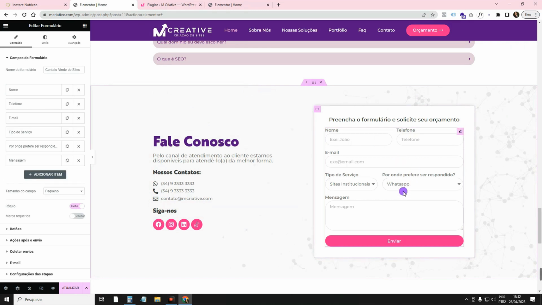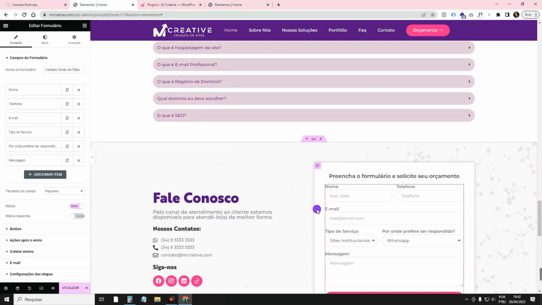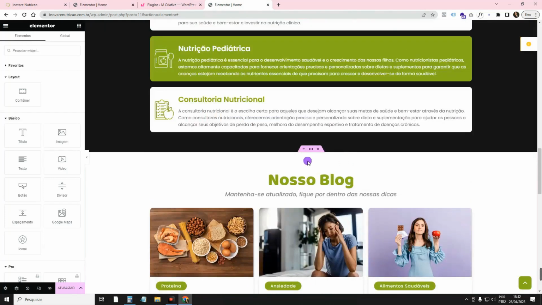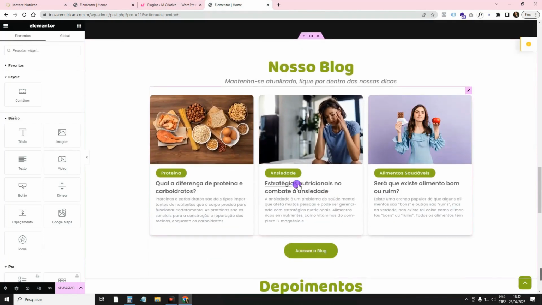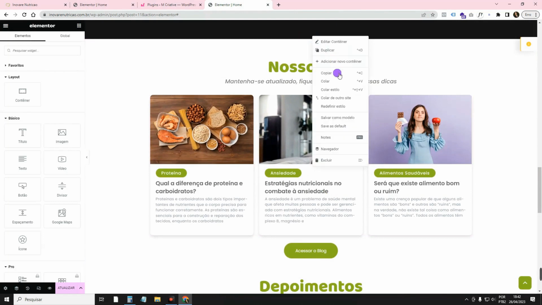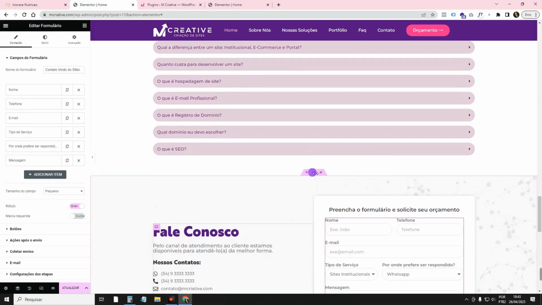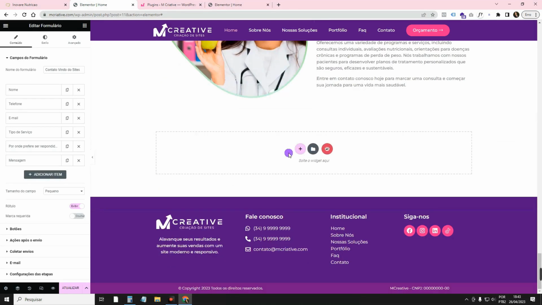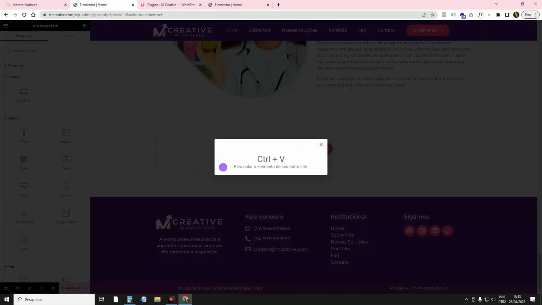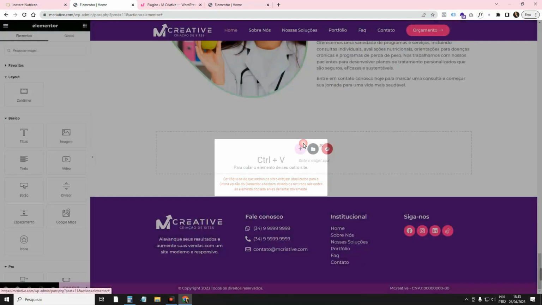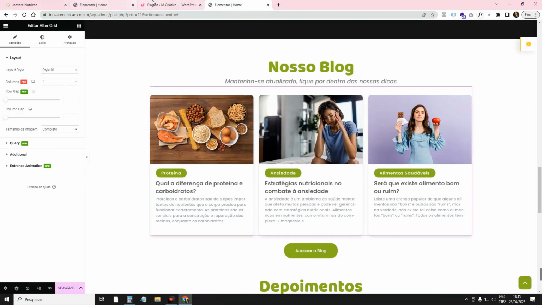This one does not. If it has any feature, not only from Elementor Pro, but from some other plugin that is not installed on this site, it does not accept. Look, for example, this section has these widgets from, if I'm not mistaken, the Ultimate PostKit plugin. And I think I don't have it installed here. I'll try to paste from another site. I'll press Ctrl+V. Look, it also gives the same error. Why? Because I don't have this plugin installed on this site.